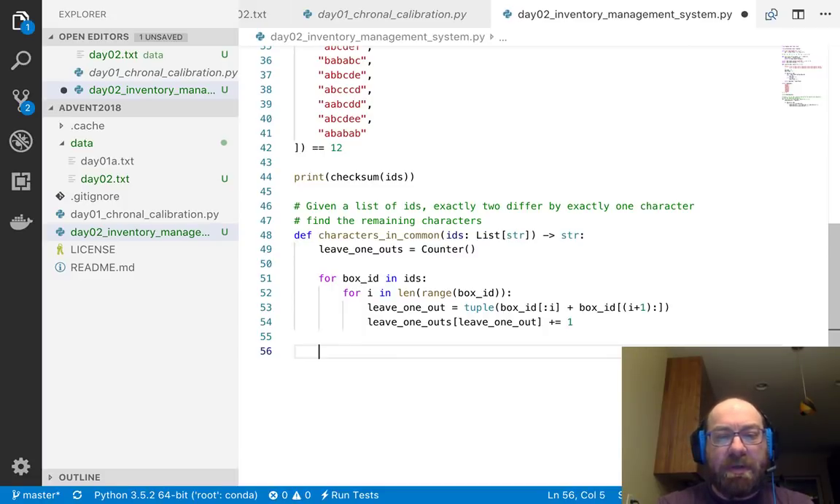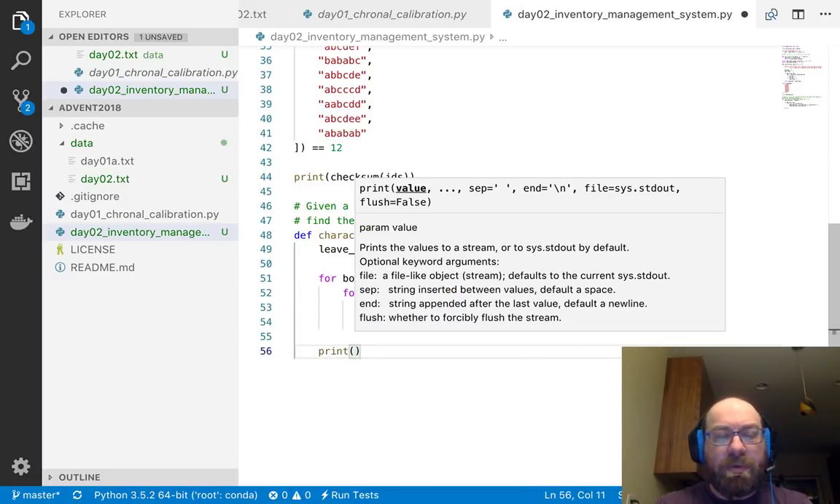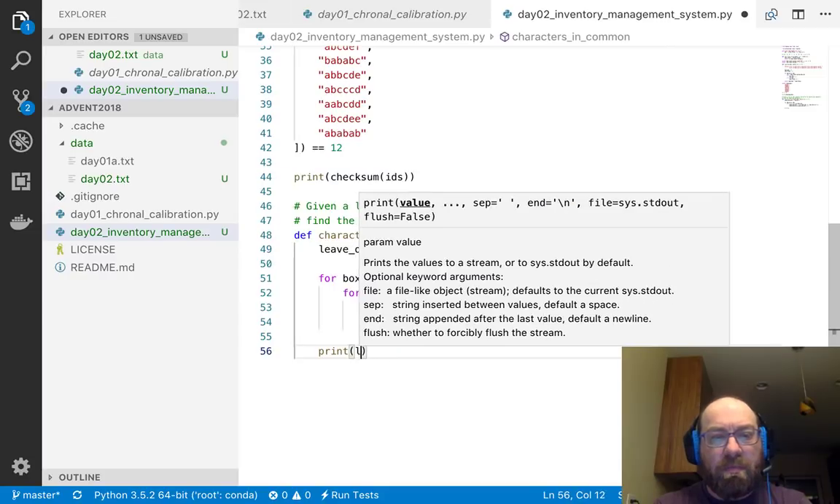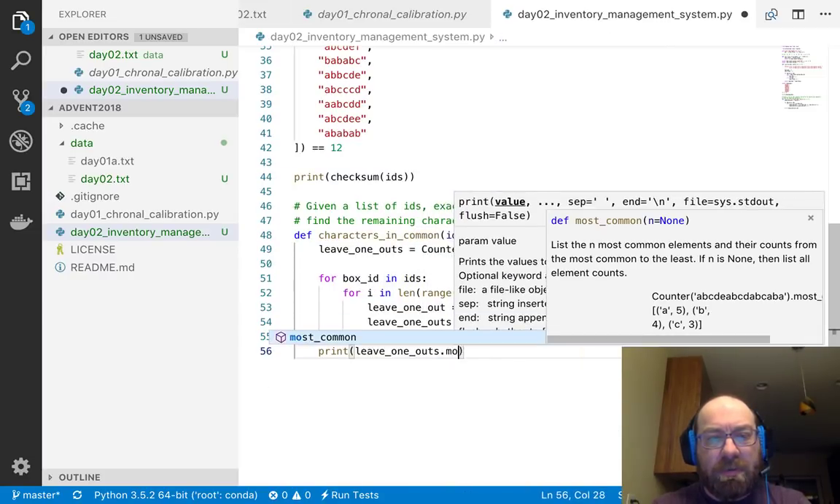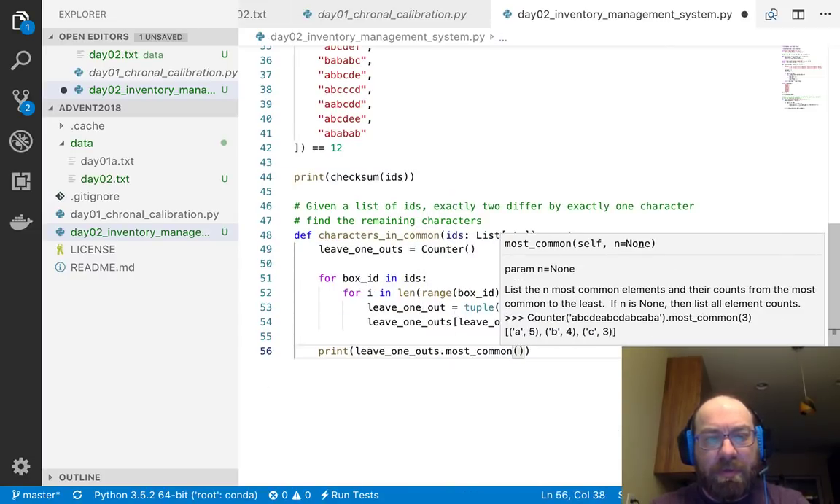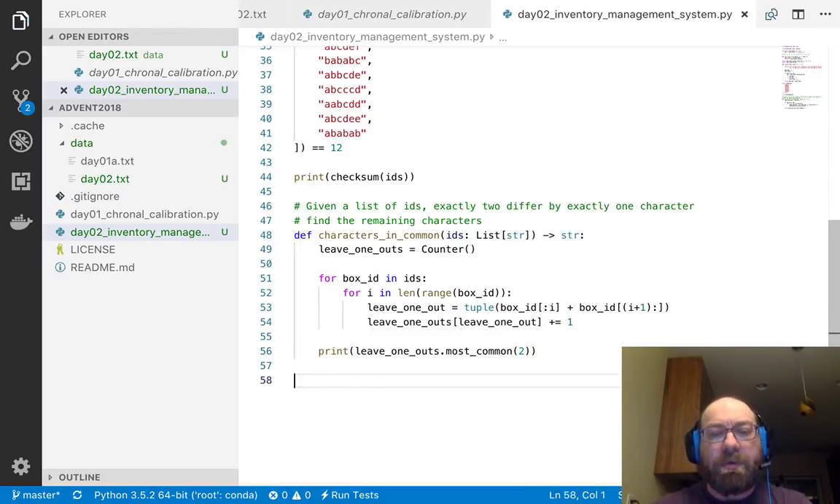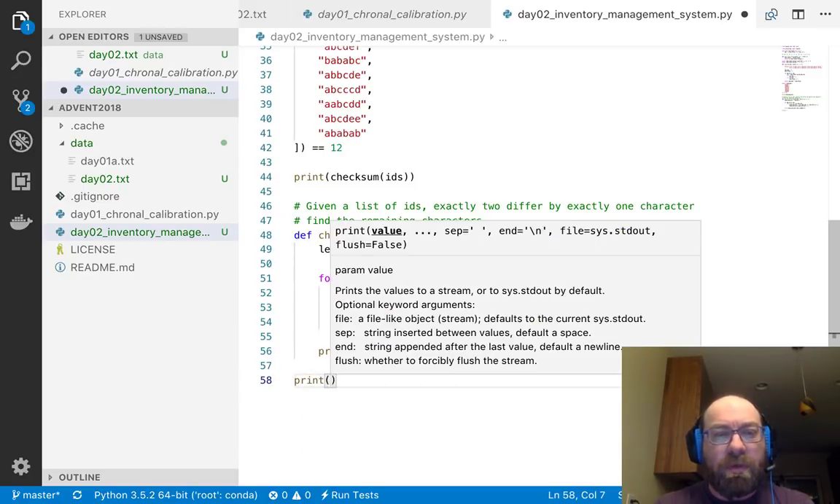So I'm going to do this, and now I have this counter, and now I want to print leave one out, most common. Let's do 2, and that way we'll make sure that the most common one has 2, and the next most common one has 1, which will print